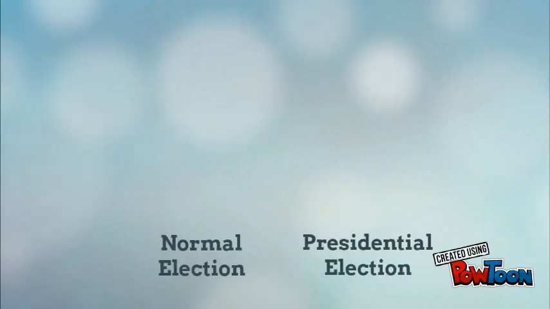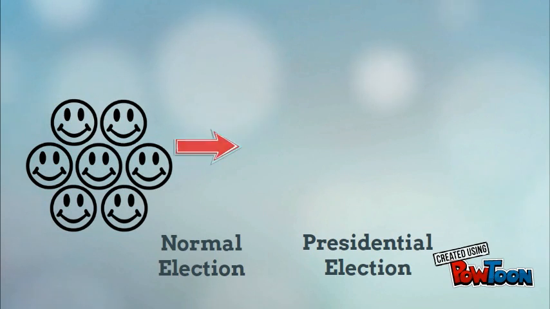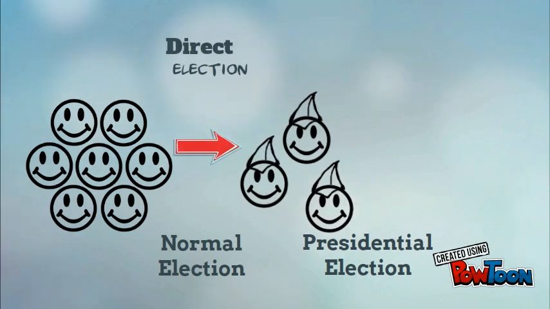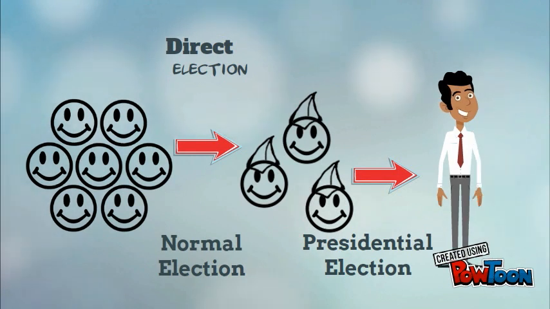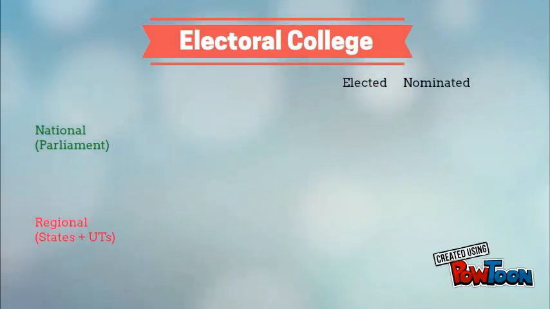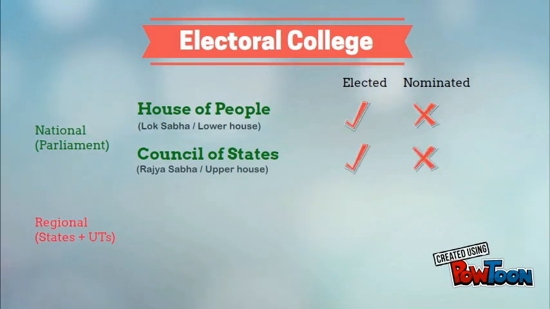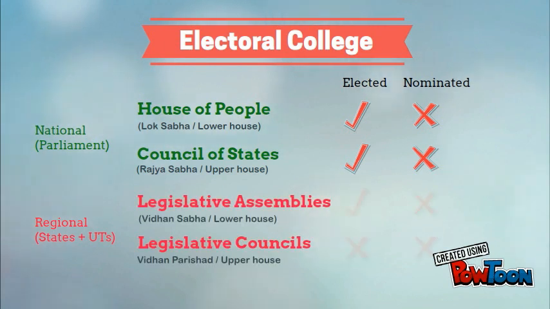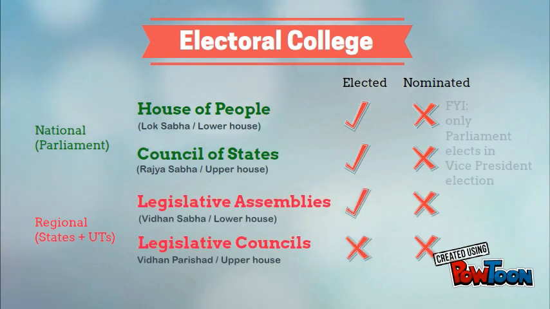So let's begin with the basic difference between a normal election and a presidential election. In normal elections, we vote for our leaders, while in a presidential election, they vote on our behalf. So this is called an indirect election. The president is indirectly elected by an electoral college, which consists of the elected members of Parliament of India and